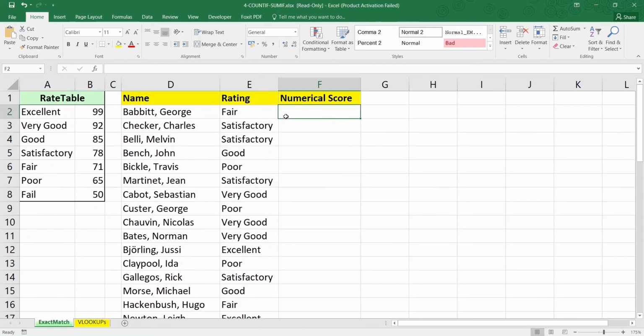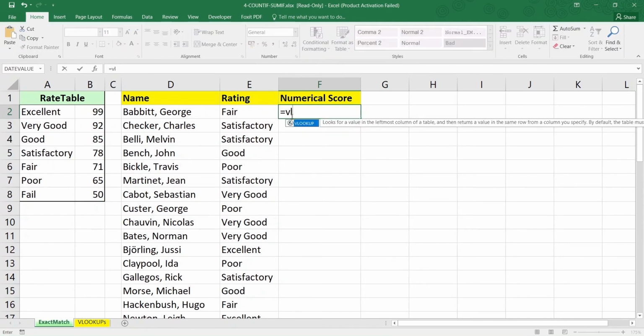All right. So what we'll do is start by entering the function, equals VLOOKUP. As you can see, once we have the function highlighted in blue, we can simply press Tab and Excel will fill in the function for us. First thing over here is the lookup value. By lookup value, we mean the cell or the value using which we have to fetch the information. Over here, we are to bring in the rating for fair, right? That's the reason we'll select this cell E2, and that will be it for the lookup value.